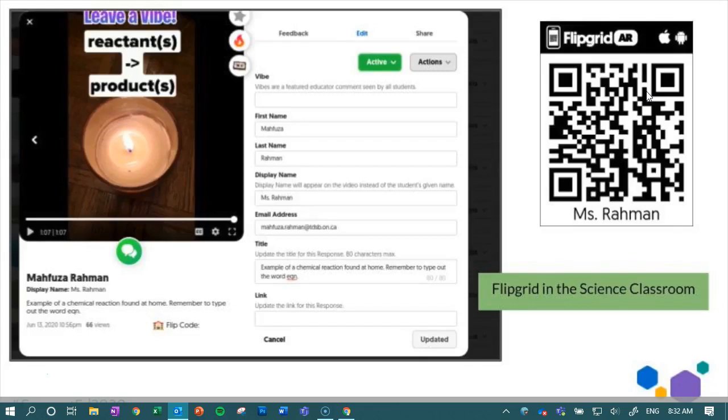So my own learning from my example was that I'd asked them to create the word equation, so you can see the text on the video. I had just done it generically because I didn't want to give them the answers should they want to use the same reaction. I wanted to see their understanding, but some of my students copied exactly word for word what I had on the screen, and had not read my instructions. So this is something that I'm internalizing as an educator and figuring out how I would change that up for next year.